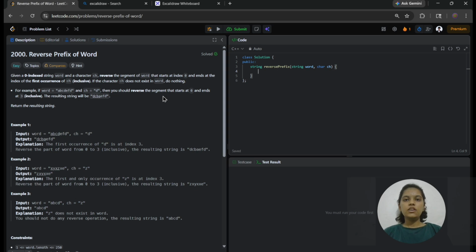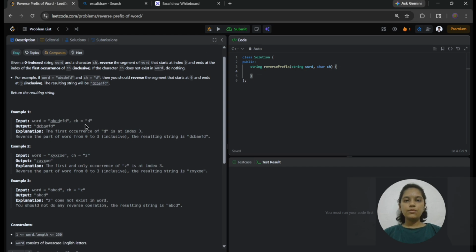I have to return the string with the reversed prefix, meaning I start from the zeroth index and check until the given character is present, reverse this substring, and after that add the remaining elements of the string, and at last return the result as the output. If I do not find the character in the string, I have to return the string as given in the question as it is.